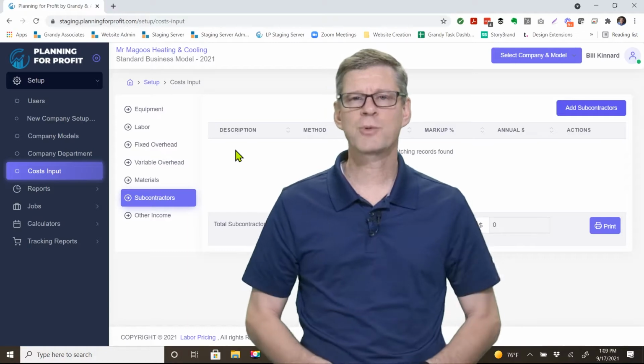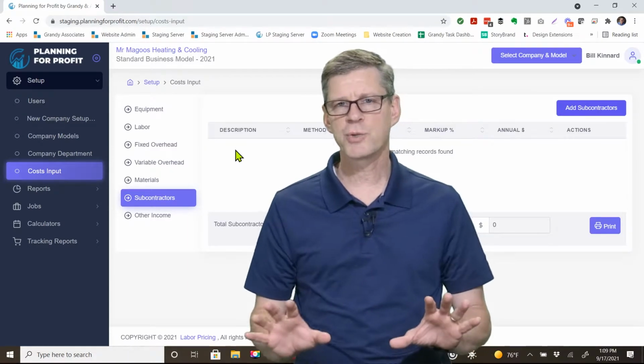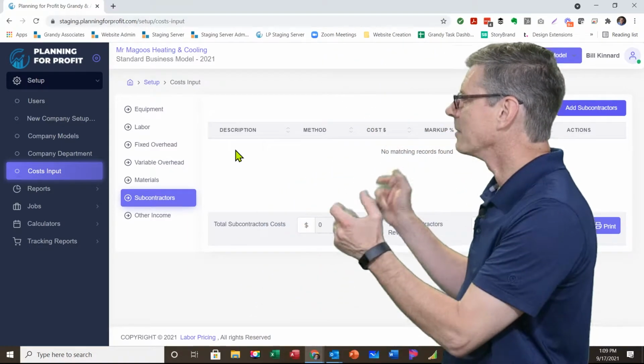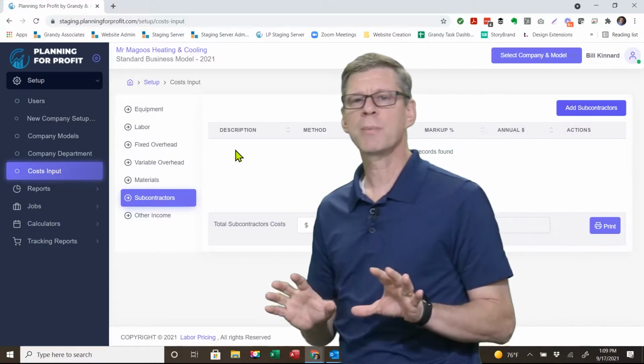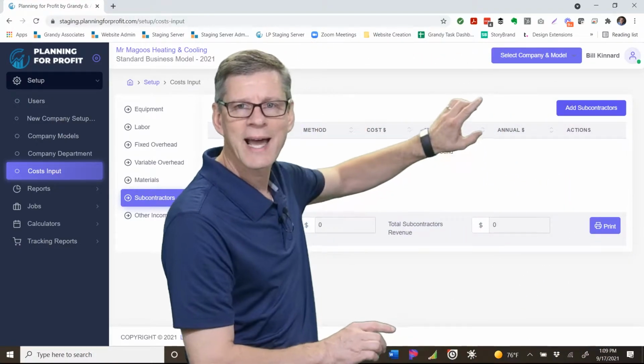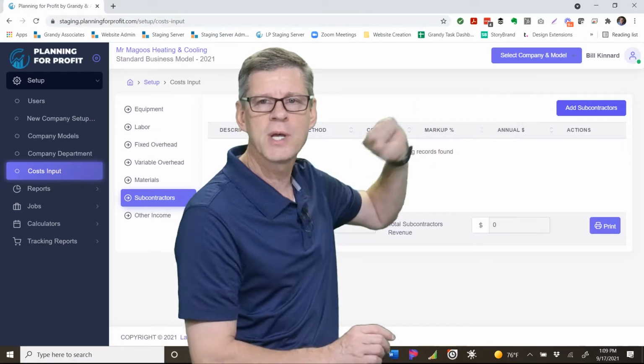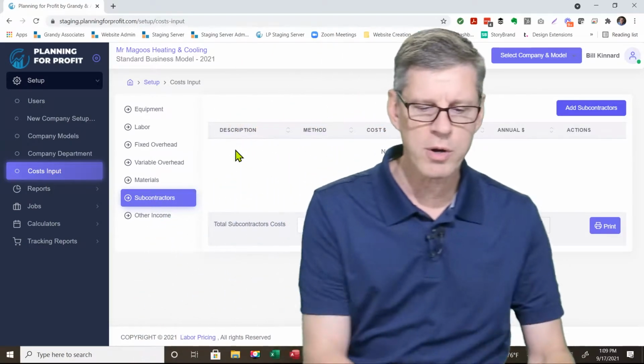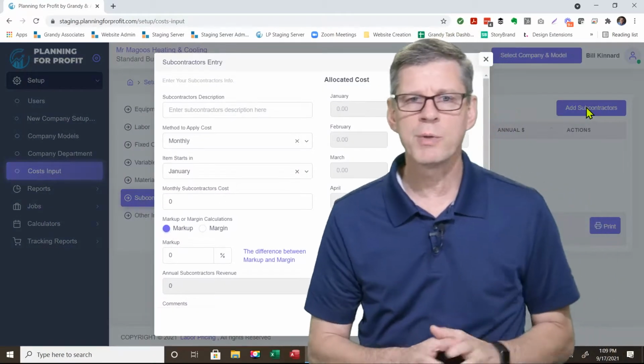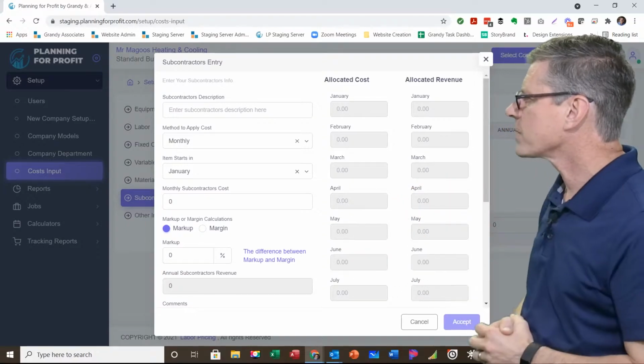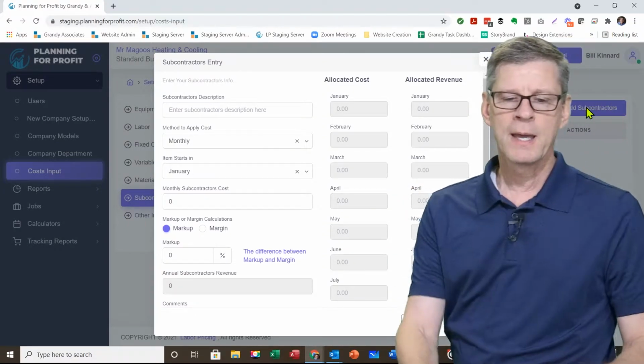Let's enter subcontractors. When we initially get into subcontractors, your list is empty. Let's go ahead and enter in a new subcontractor simply by clicking on the icon, Add Subcontractors, here in the upper right-hand corner. I'll go ahead and do that. And when we do that, the entry window for the subcontractors is going to open up, and you'll simply just